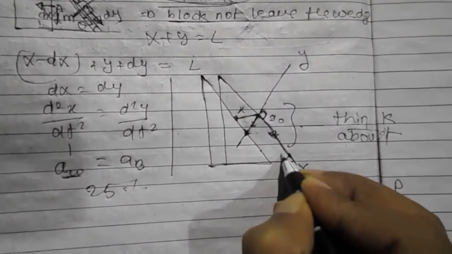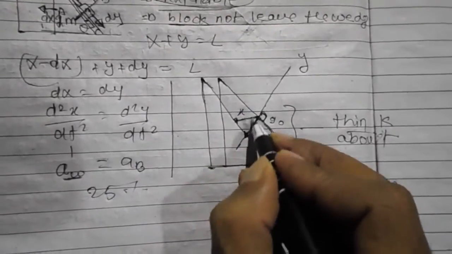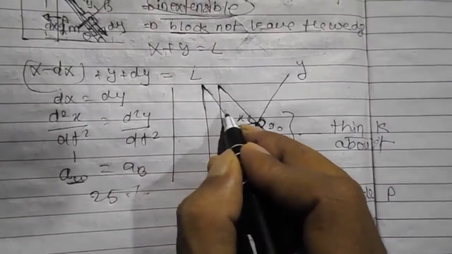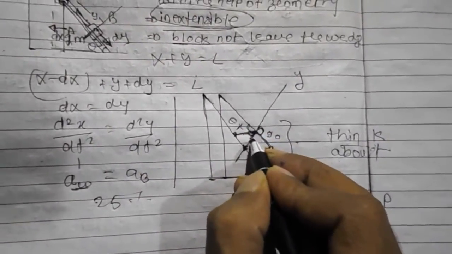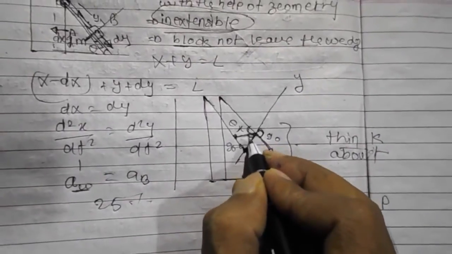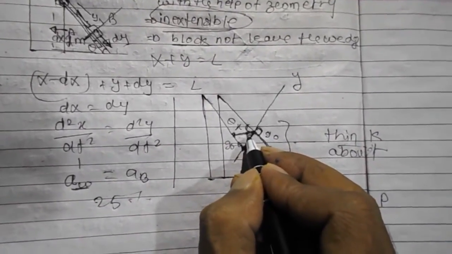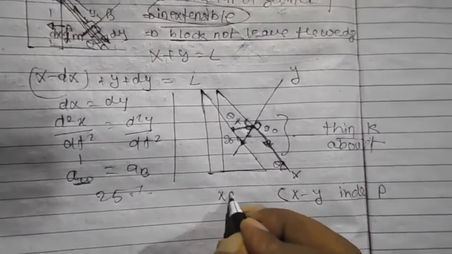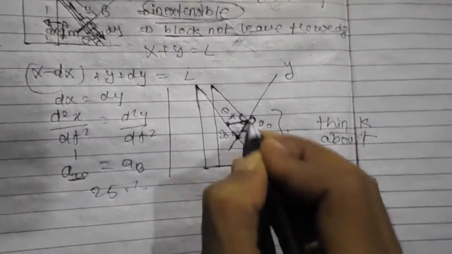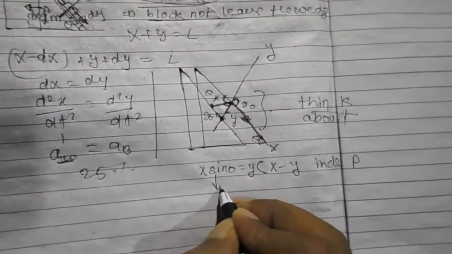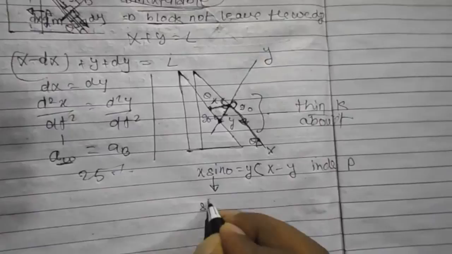So what is this angle? This angle is theta. What should this other angle be? 90 minus theta, because the total angle is 90 degrees. So this is x. What should this be? x sine theta. If this is y, it is equal to y. So let me differentiate this. What can I write? Sine theta